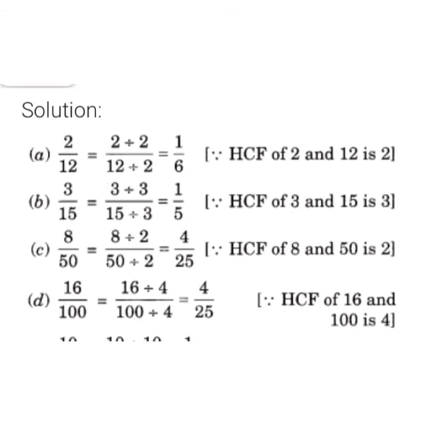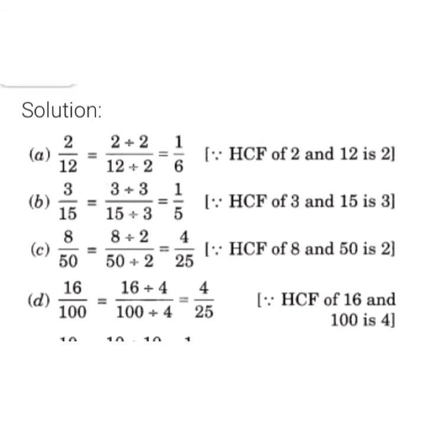Next one is 3 by 15. We will find out the HCF of 3 and 15, and the HCF of 3 and 15 is 3. And now we will divide the numerator and the denominator by the HCF 3 and then we get 1 by 5, the lowest form of 3 by 15. Next one is 8 by 50. So here the HCF of 8 and 50 is 2. So we will divide the numerator and the denominator by 2 and we will get the reduced form as 4 by 25.